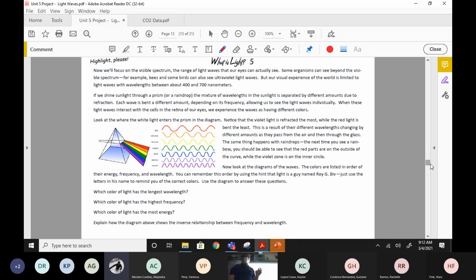Here's the other cool thing about a rainbow. If you're like, oh, it's sunny, but it's raining, where's the rainbow? You always have to look with the sun at your back. If you want to find a rainbow, if you think there should be one because it's sunny and raining, you got to put the sun at your back. And that's how you look for the rainbow. You will always be between the sun and the rainbow itself.